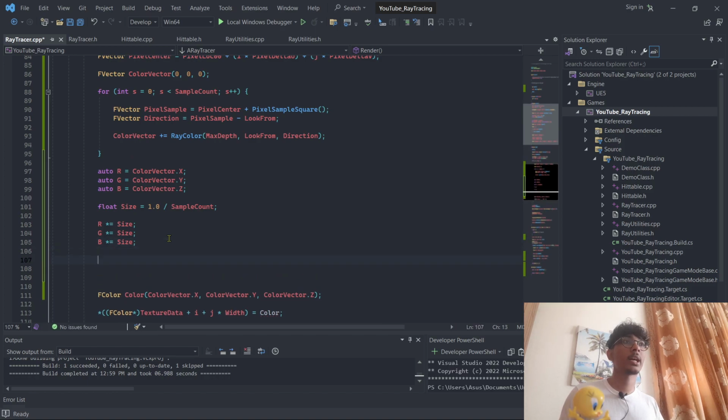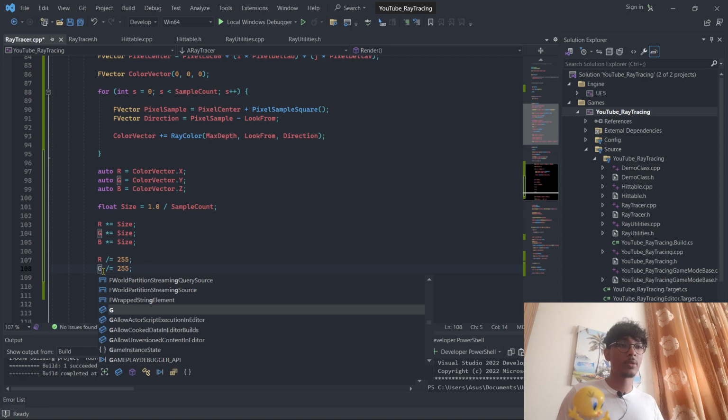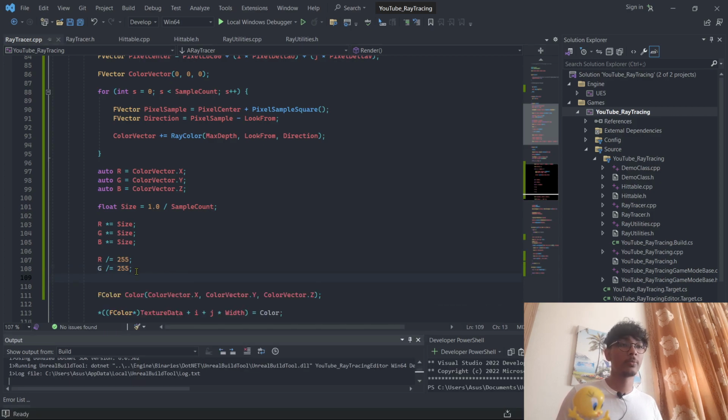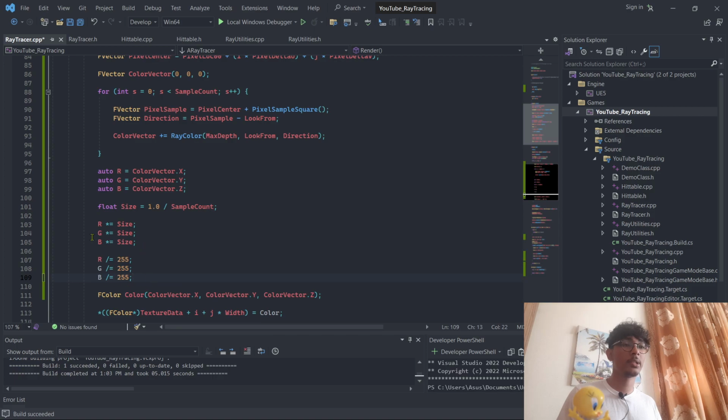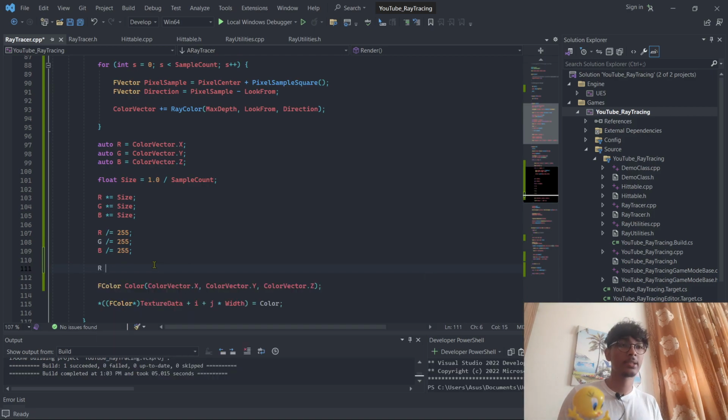The next thing we want to do is actually divide all this again by 255. So R divide equals 255. The reason why I'm doing it is because the max range is 255. So we'll do that. I'm not entirely sure I remember this part well, so I might have to recheck with my old code. So RGB, and after all this is done, we actually need to get the power of certain values. So I think it's R to the power of